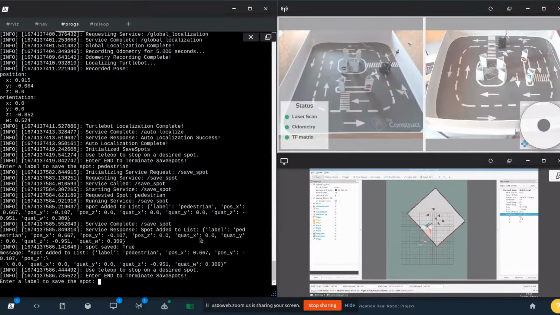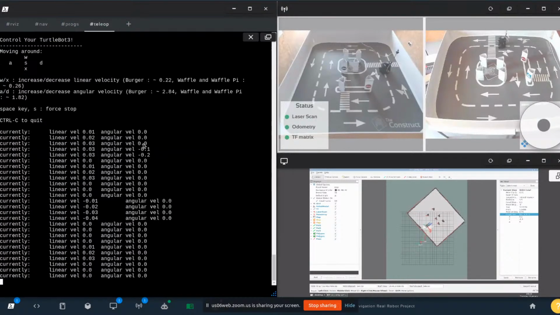Okay, and I see that it's taking the positions there. So we see that the spot is added to the list, and pedestrian is saved as X, Y, Z, and quaternions, whatever values these are. So next we go to another point. So we just navigate,